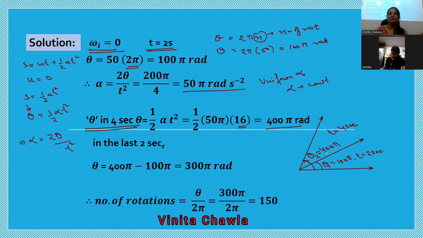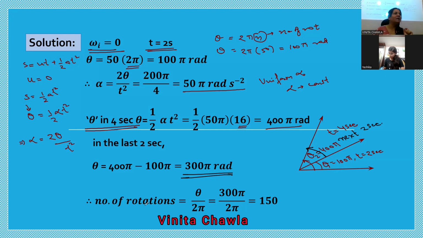नेक्स्ट 2 सेकेंड्स का मतलब ये है कि इतने टाइम में थीटा की वैल्यू क्या है। इतने टाइम में थीटा क्या बना? 400 पाई माइनस 100 पाई, 300 पाई रेडियन। नेक्स्ट 2 सेकेंड्स, जो क्वेश्चन में पूछा है। ठीक है। तो इतने टाइम में थीटा कितना हुआ हमारा? 300 पाई रेडियन हो गया।